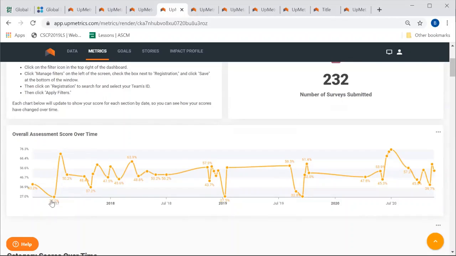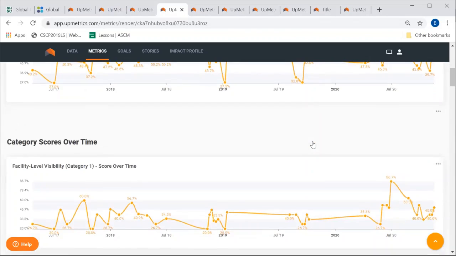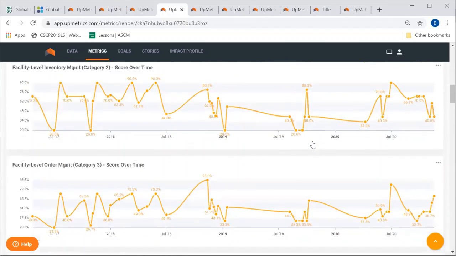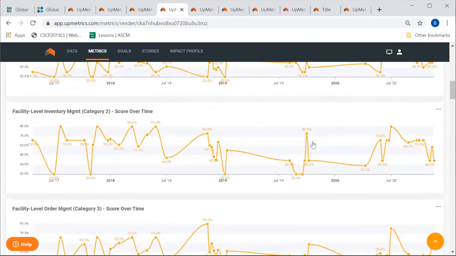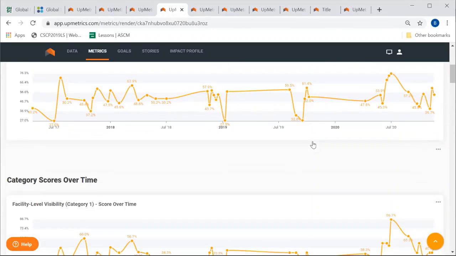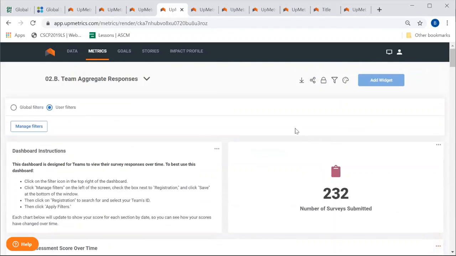For this one, in July, it had 27%, and then it went up again in August and then came down. So it shows the different categories and how assessments have been performed over time. This is a general one. It can also show how each category has performed over time. So depending on what you want to query, whether by category or over time, you can see each of the performances.